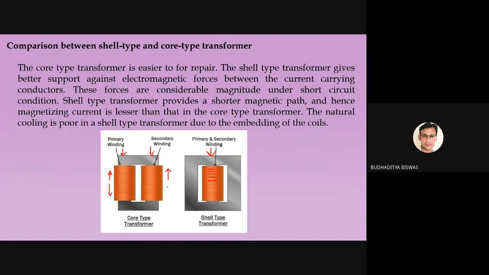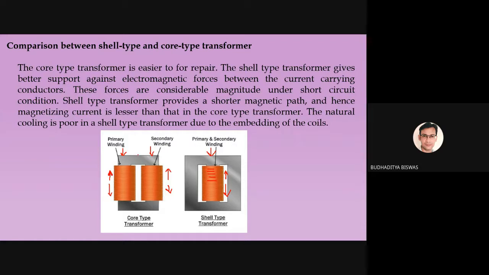It can happen in all these types of transformer, but as you see the forces are on the outer side, so it is not a very stable design compared to this one. Here also we can observe the force between the windings, but as it is placed in the central limb, it gives better mechanical support compared to this one. And all these things we observe for a very high rated transformer. For a small transformer, of 2 kVA, 5 kVA or 10 kVA, we cannot observe such an amount of force. But for a 100 kVA or 500 kVA transformer, the amount of force is very high, and at that time we must use the shell type transformer for better mechanical support.